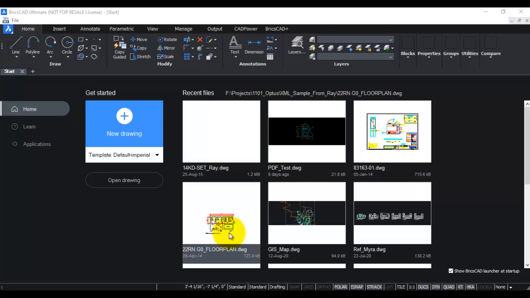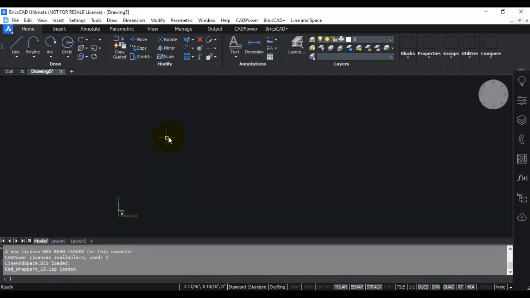In this BricsCAD video, I am going to show you how you can create an inches only dimension. Normally, you know how to create architectural dimension in feet and inches, but what if you want to show the dimension only in inches? So let us open a drawing with the Imperial template, and I'm going to draw a line which is exactly 5 feet 6 inches in the horizontal direction. So this is a 5 feet 6 inch line.